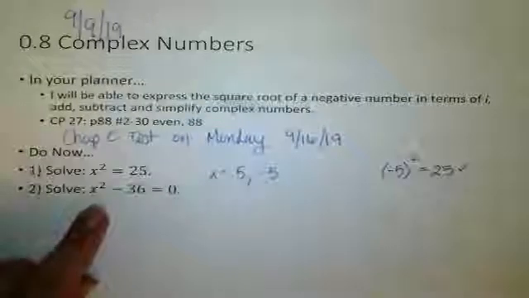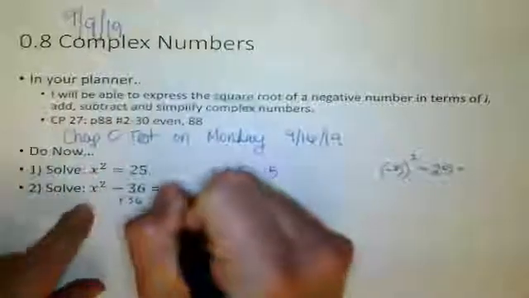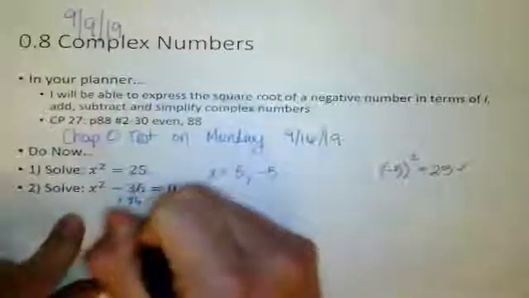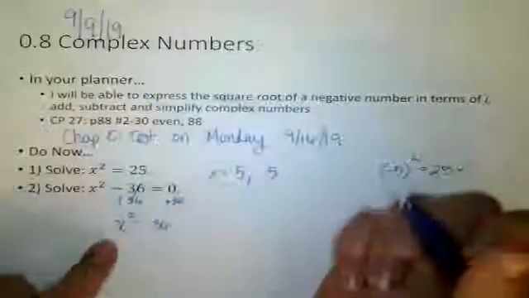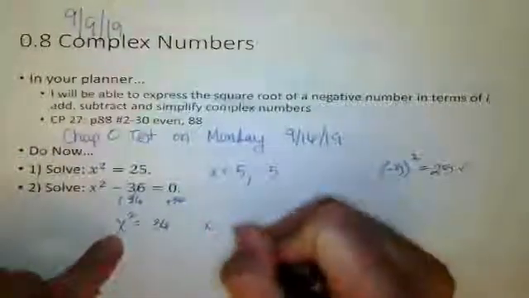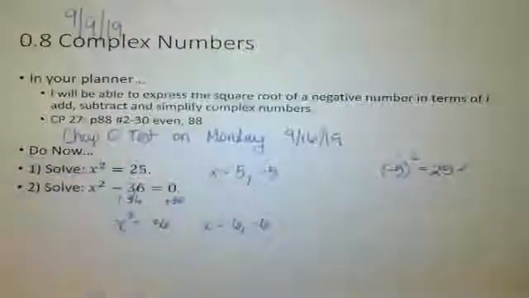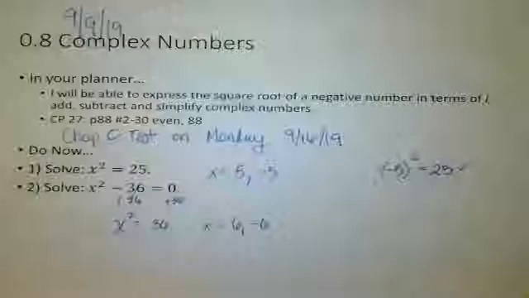What do you need to do for number 2? Add 36. Yeah, so it looks like this one. So x squared equals 36. And then you can say, what number squared gives you 36? Plus or minus 6. Yeah, 6 and negative 6. So 2 solutions. And that's really important